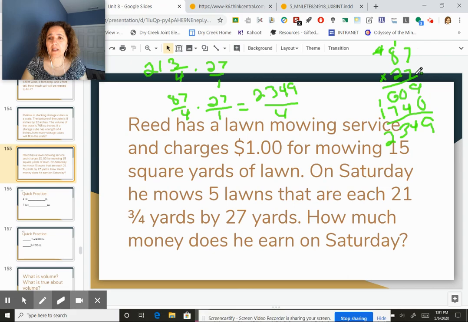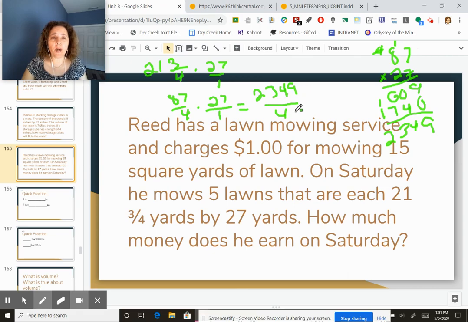8 times 7 is 56, plus my 4 is 60. I'm done with that. Got to put my 0. 2 times 7 is 14. Carry my 1. 8 times 2 is 16, plus 1 is 17. Got it added up. 9 plus 0 is 9. 0 plus 4 is 4. 7 plus 6 is 13. Carry my 1. 2. So I get